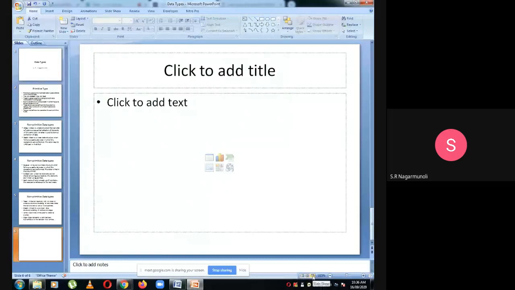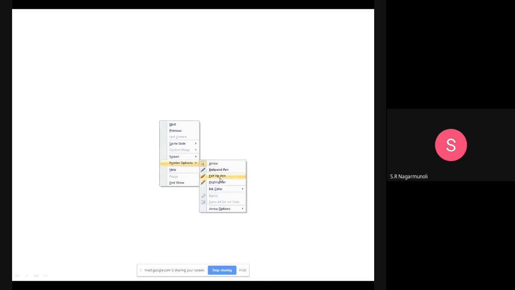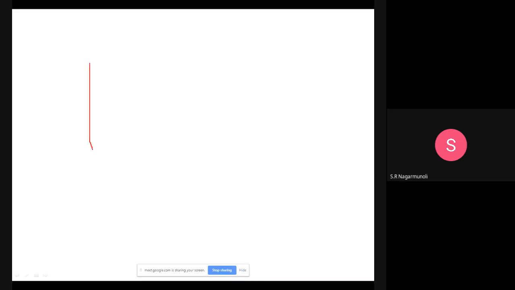I'll show you. Take a pen. So we had the elements here: 10, 20 and 30. So this is how our array is.